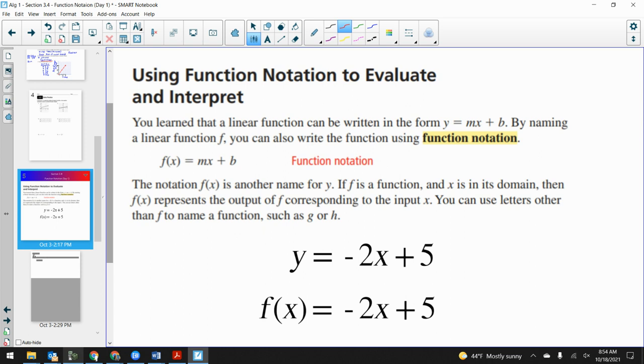Now, how is it used? Well, f of x, that f is just a letter that represents the name of the function. Okay? I could use f of x, g of x, h of x, l of x, j of x, I could use all sorts of different letters, and that just tells you the different names of the functions, because there's going to be times when I have different